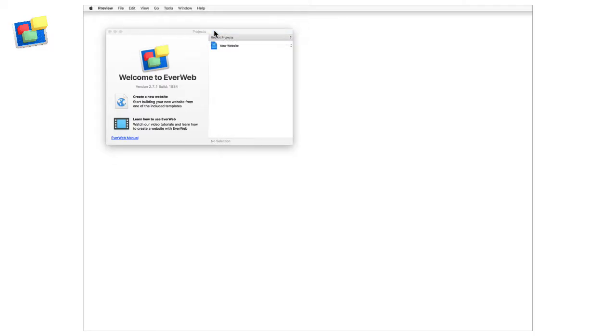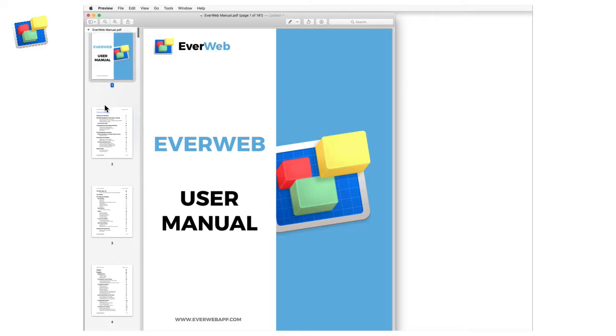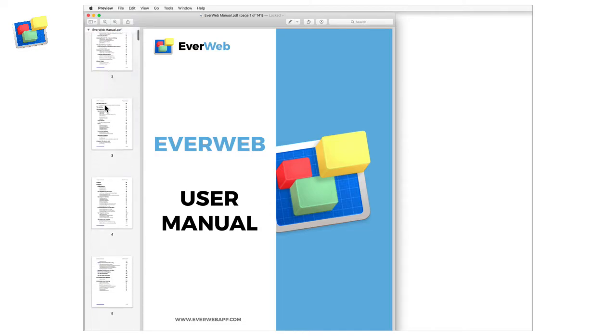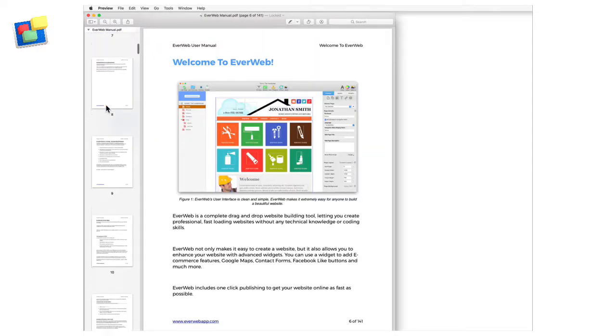There's plenty of information on how to add and edit web pages using long-standing and new EverWeb features, right through to publishing your website on the internet. The EverWeb User Manual is usually updated with each point release, so it's always up to date with any new